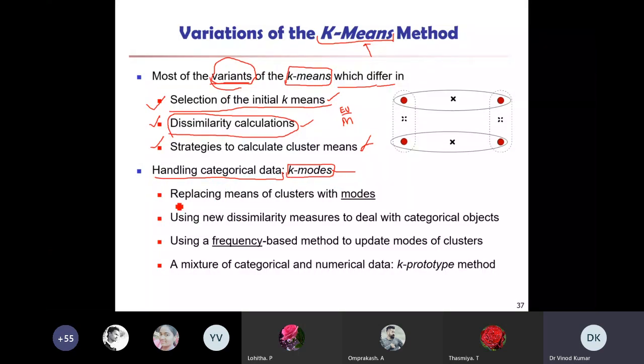So what we are doing here is replacing the means of clusters with modes. Next, using new dissimilarity measures to deal with categorical objects, using a frequency-based method to update the modes of the cluster, and for a mixture of categorical and numerical data, k-prototype methods.